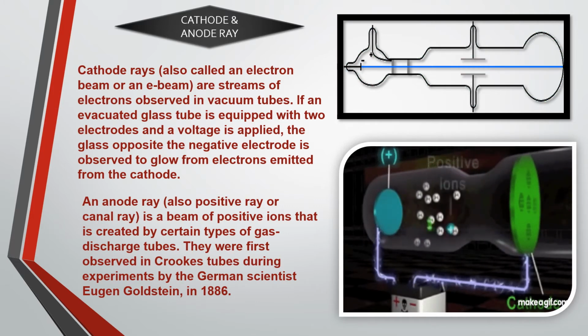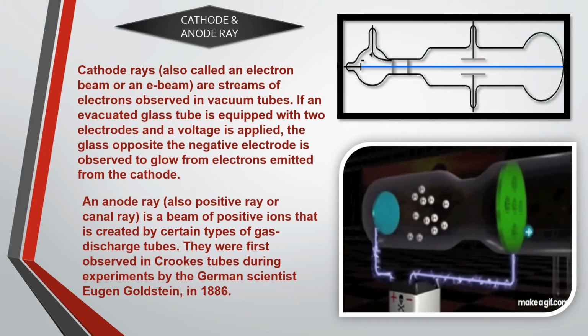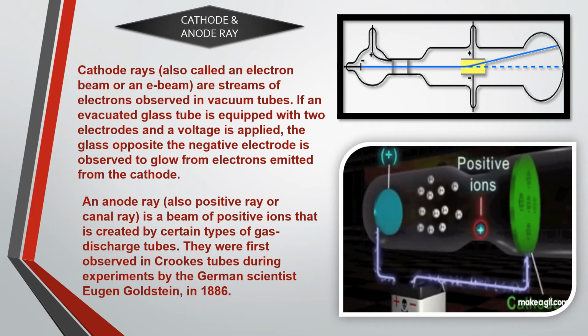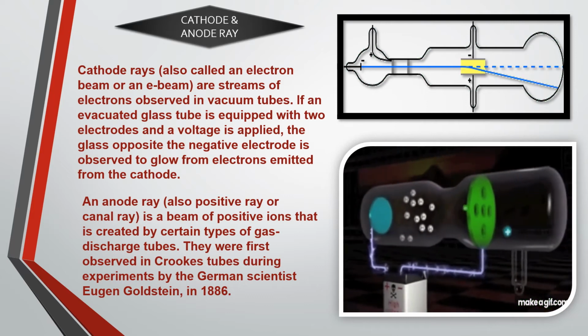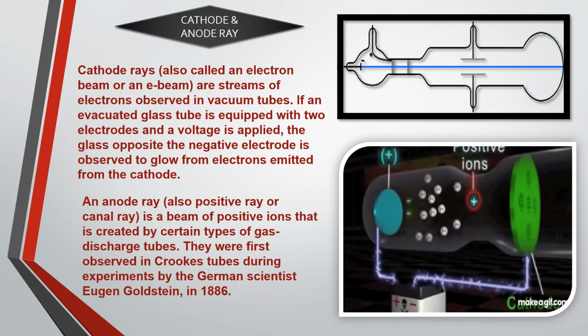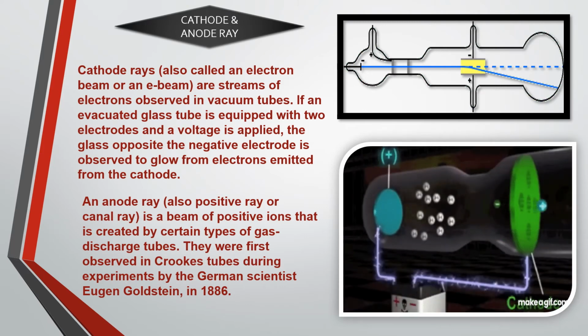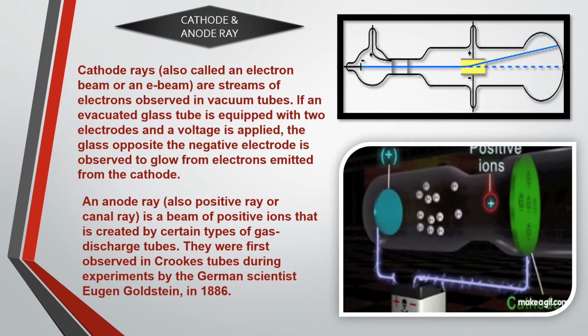If the lightest gas, hydrogen, is taken in the discharge tube, the positive rays emitted from this have the highest e by m value, that is 1 by 1830 part that of e by m of the electron. So it can be said that the positively charged species, which is produced by expulsion of an electron from a hydrogen atom, H, is the proton, H plus. That means from a hydrogen atom, if one electron is taken, only one proton will be left over. So another symbol or formula of proton is H plus.